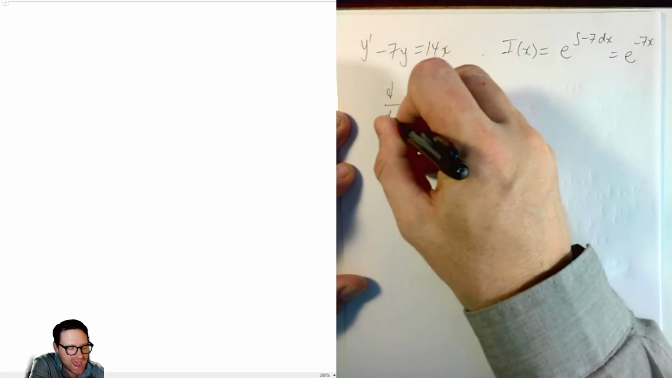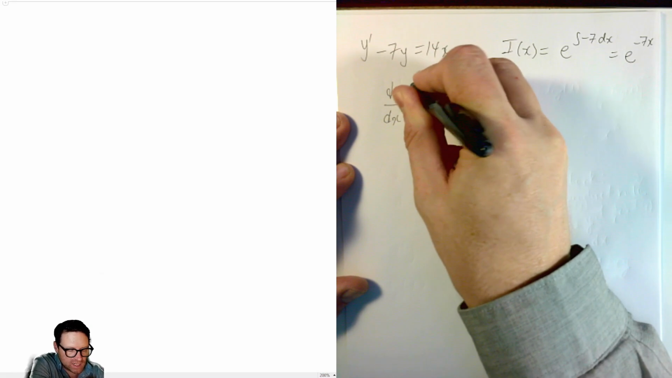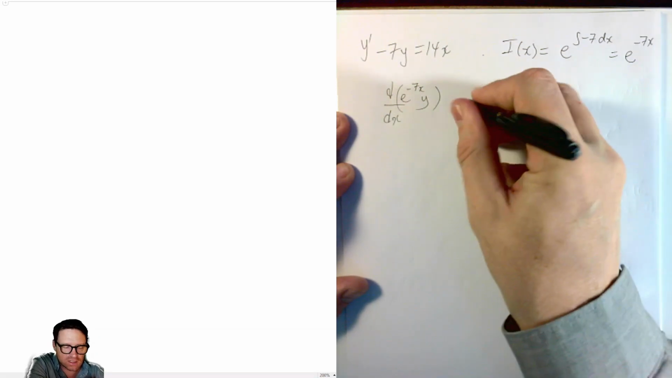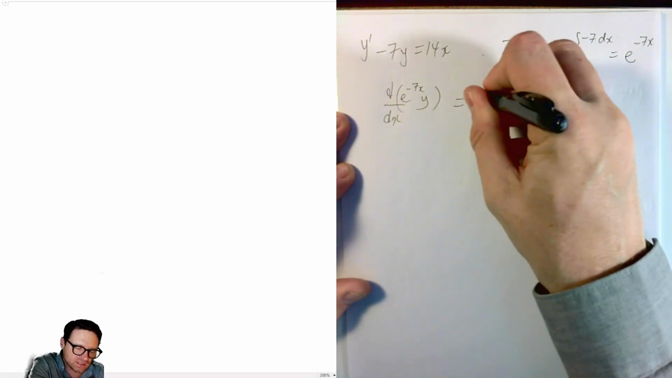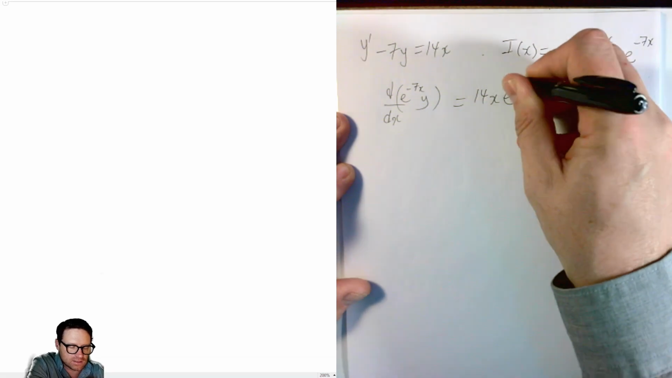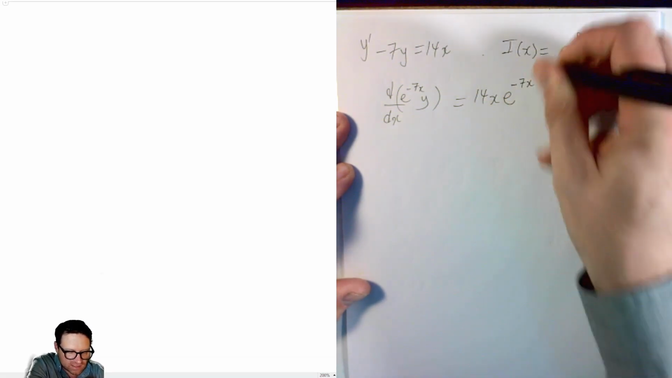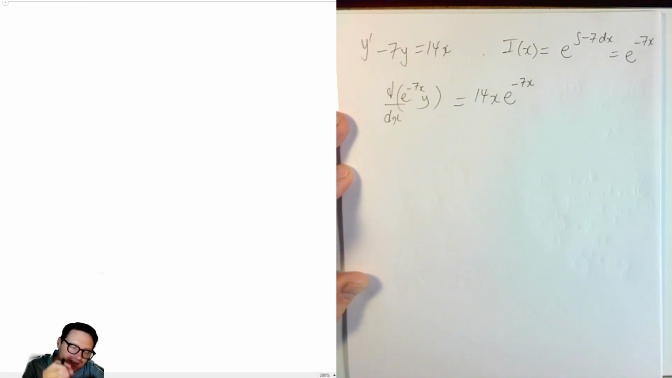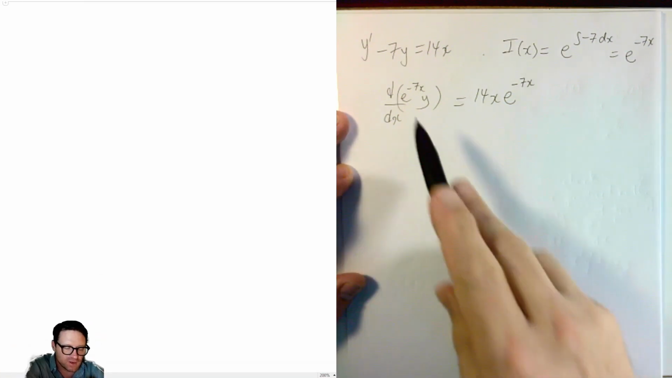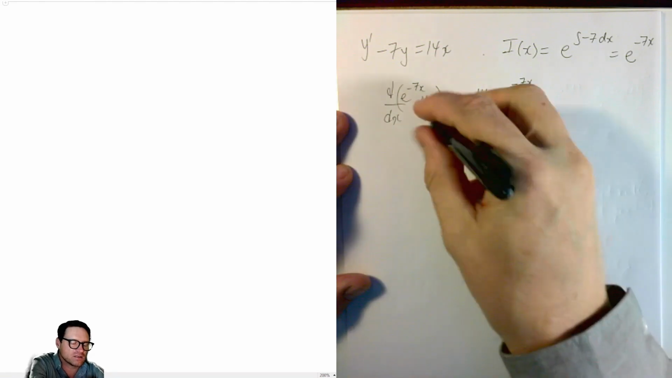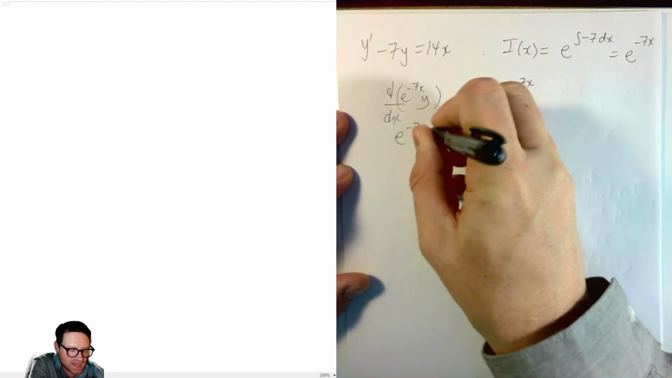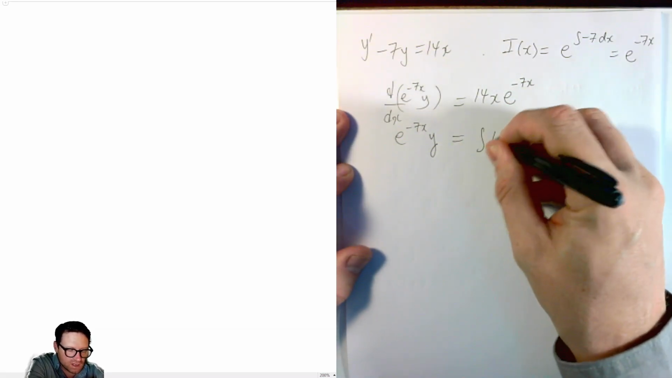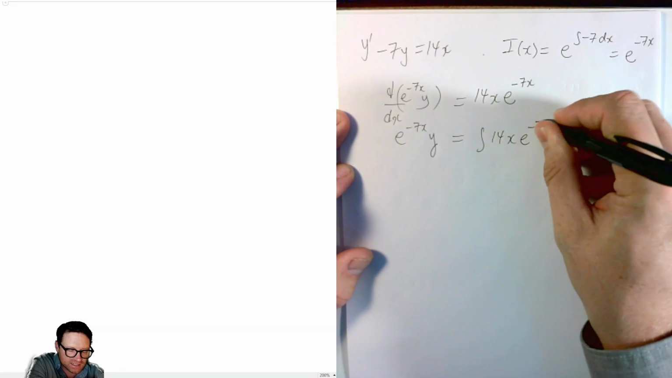It'll pack up as e to the minus 7x times y differentiated, and then on the right-hand side, we still have 14x e to the minus 7x. This is the integrating factor that we've multiplied by. Okay, so what remains is to integrate both sides and then divide by this e to the minus 7x. So we have e to the minus 7x times y equals the integral of 14x e to the minus 7x